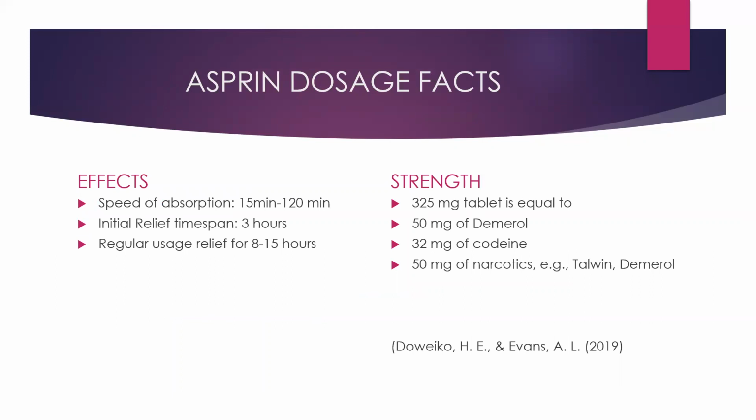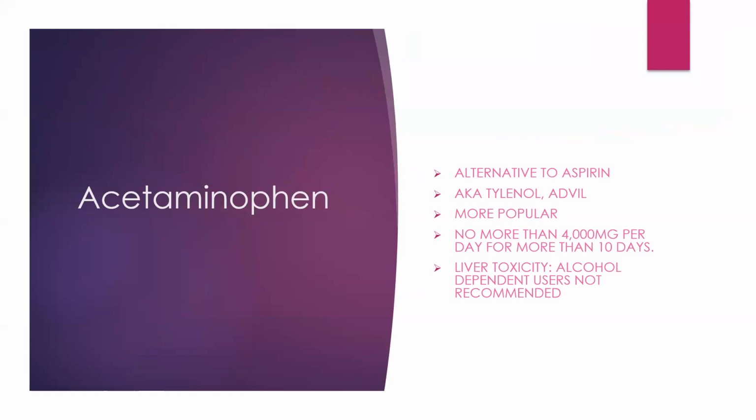All right, so these are just some quick facts about aspirin with the dosage. I already went over that on the previous slide, so move on. Acetaminophen, it's an alternative to aspirin. It's also known as Tylenol or Advil. It's a little more popular in recent years. And the dosage depends greatly on weight, but generally it's suggested that you take no more than 4,000 milligrams a day for no more than 10 days. And it is very harmful if taken with alcohol, seeing as though